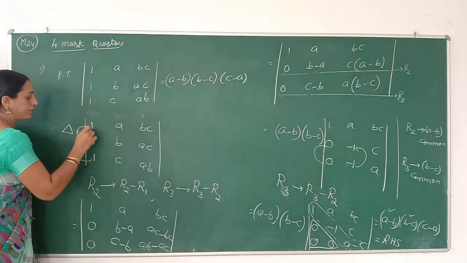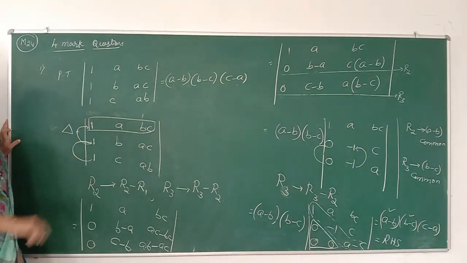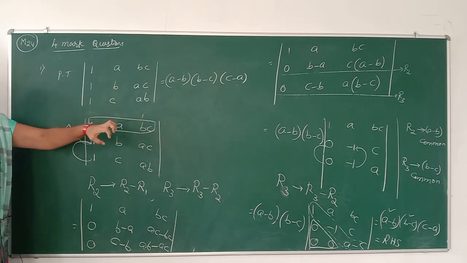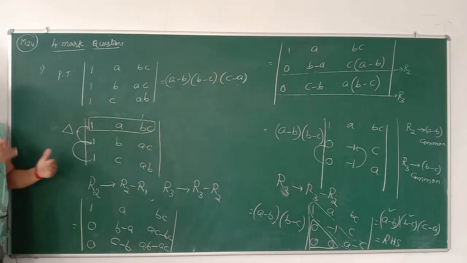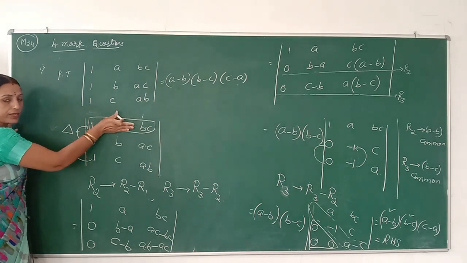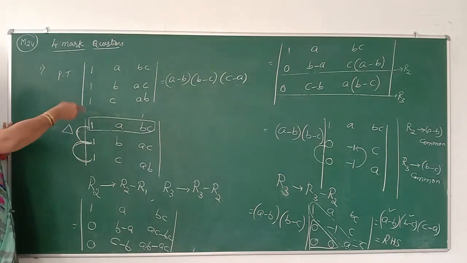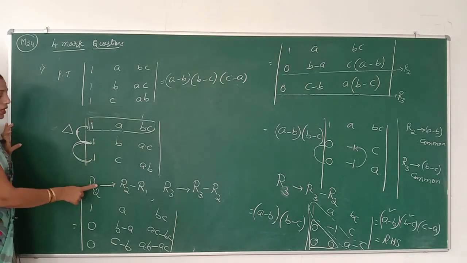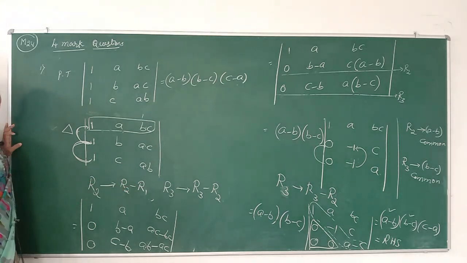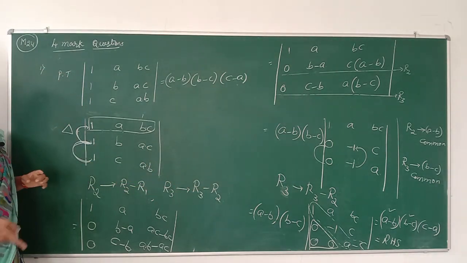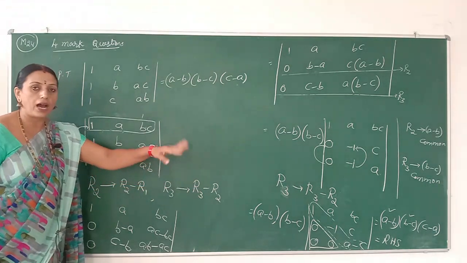So now one of the rows will be fixed. We choose any one of the rows to be fixed, which means all three rows cannot be operated on at a time, because one of the rows will be fixed. The remaining two rows will be operated on, depending on either r1 or r2. Therefore r2 can be changed to r2 minus r1, and r3 can be written as r3 minus r2 or r1. r3 depends on either r2 or r1.